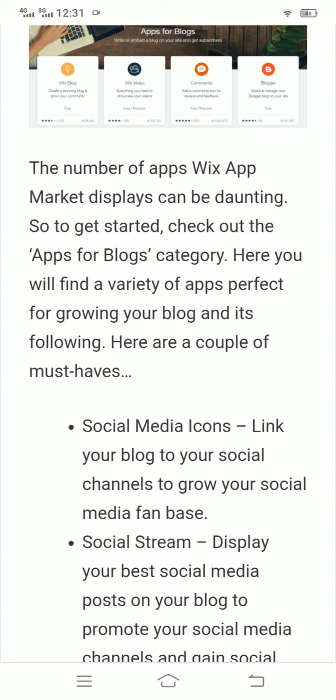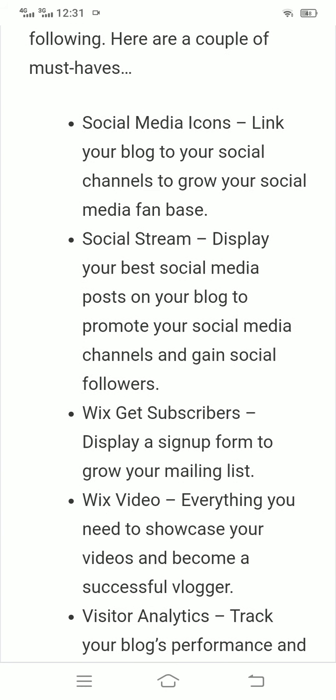Social media icons link your blog to your social channels to grow your social media fan base. Social stream displays your best social media posts on your blog to promote your social media channels and gain social followers. Wix Subscribe displays a sign up form to grow your mailing list.